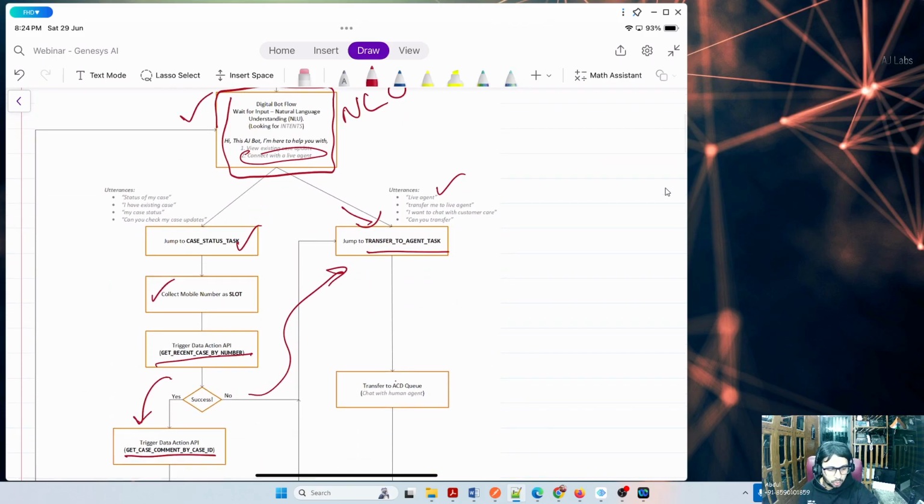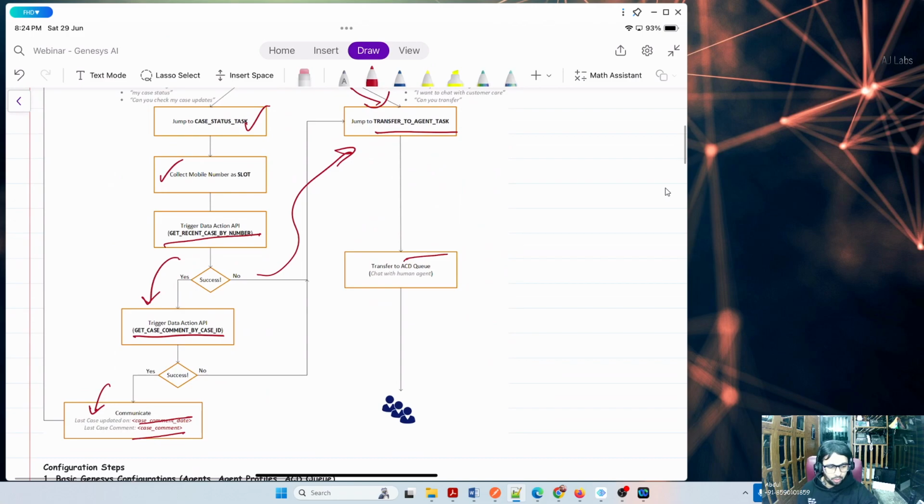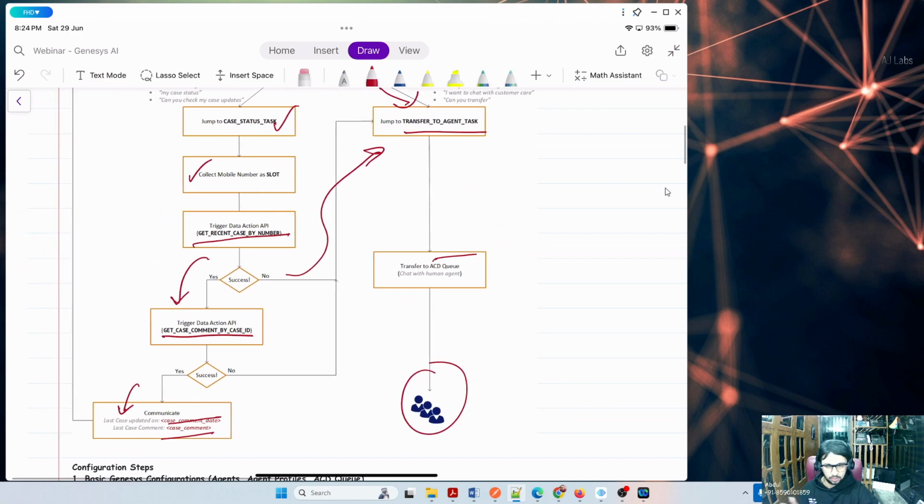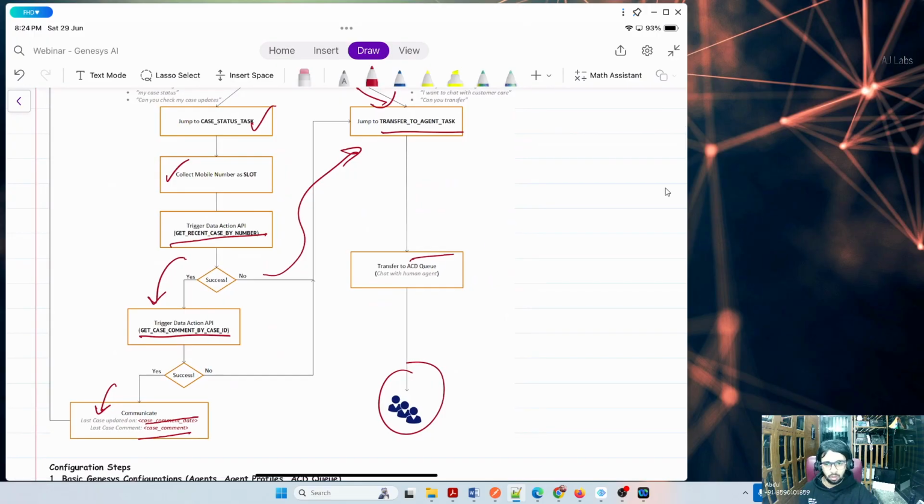Then it usually goes to an ACD, which is automatic call distribution, or a queue, which is a common term in contact centers, which is one queue where all the available agents are. We will create a queue, don't worry. So it transfers to the queue, and then it reaches a real agent. So that's the flow we are going to discuss today. We will implement all these things end to end. It's going to take some time because we need to cover APIs, Salesforce integration, and the entire bot building. So come with your coffee and we can have a really productive discussion.